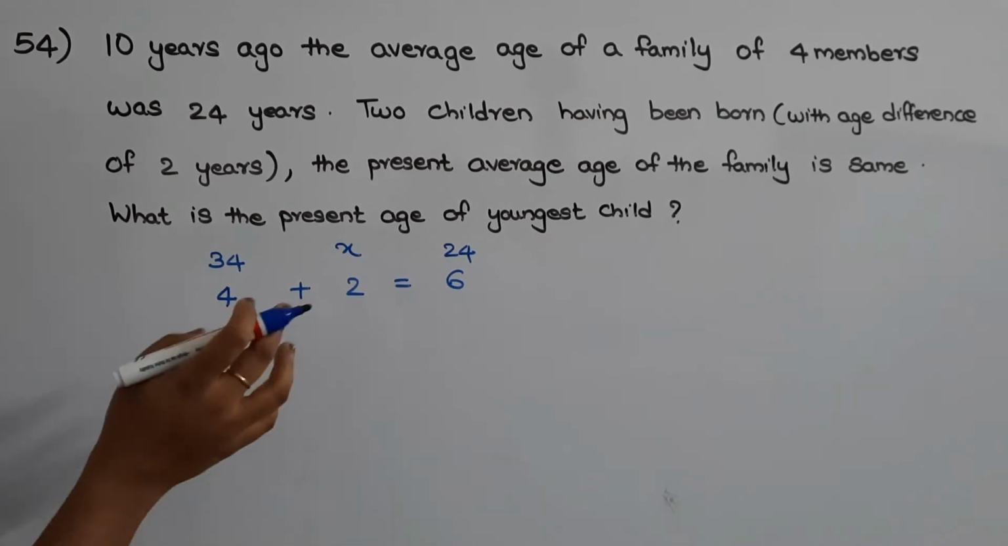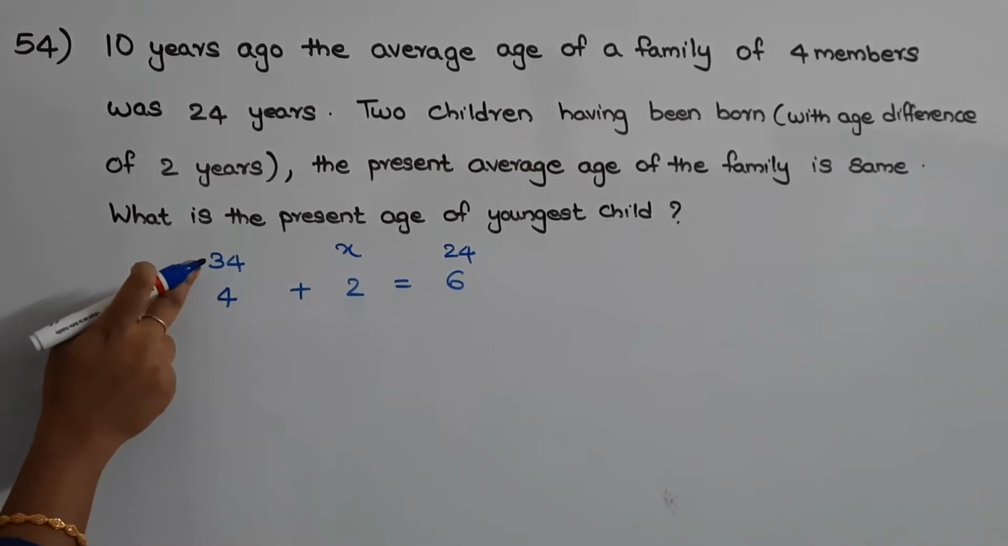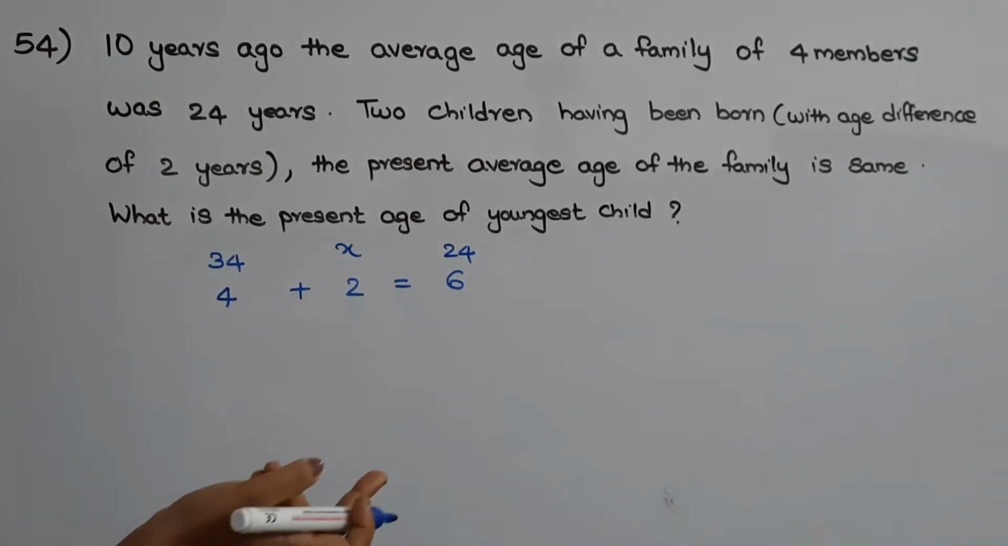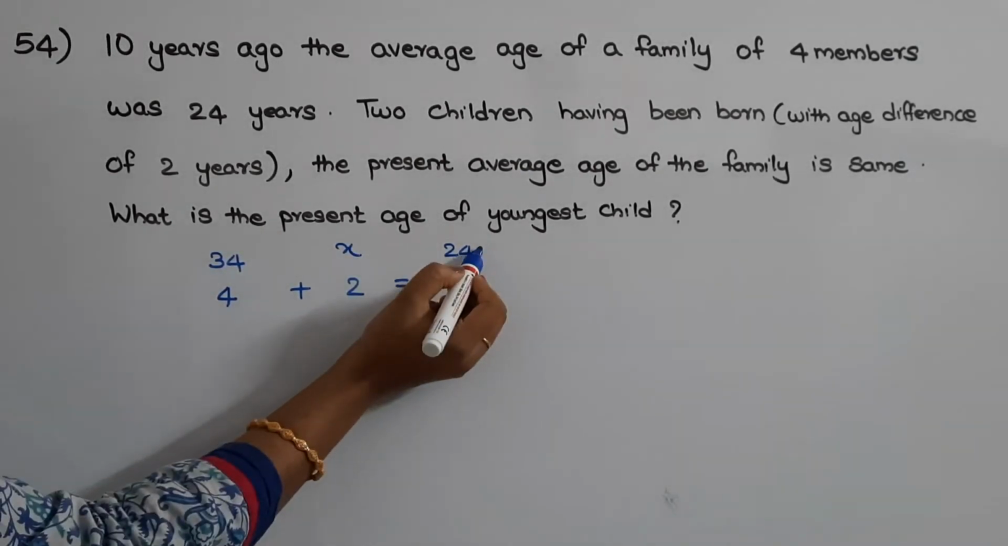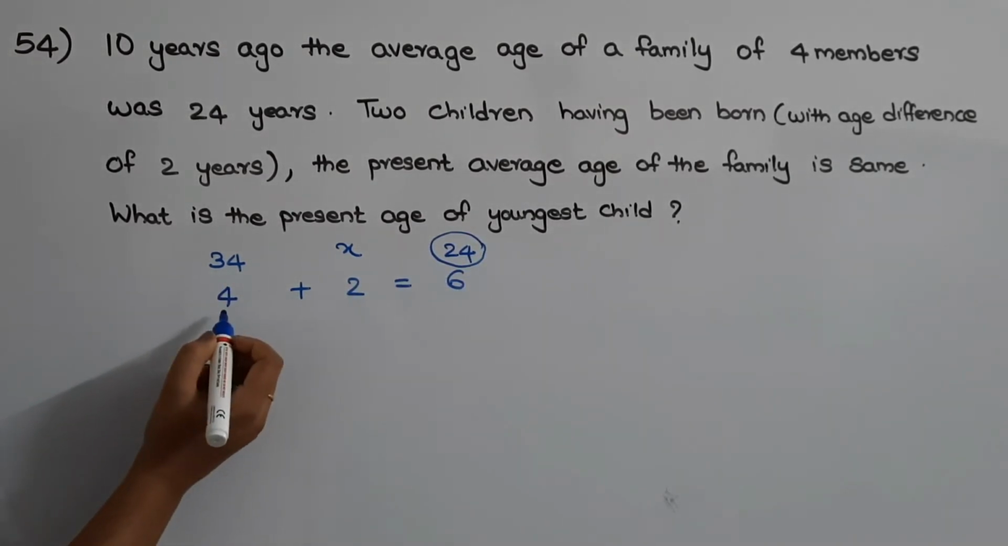Okay. So let us first find out the value of x. For that we need to take either this 34 or this 24 as a reference average. So let us take the smallest value as the reference average. Now the next step is